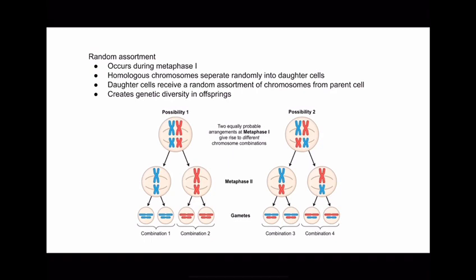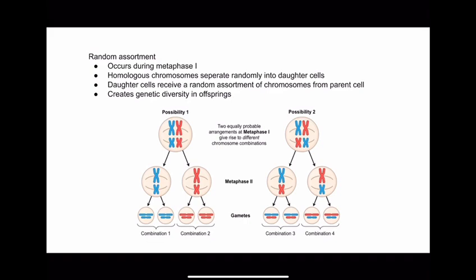Random assortment is a fundamental genetic process that occurs during meiosis. During meiosis, metaphase 1, homologous chromosomes pair up and separate, leading to the creation of haploid cells, which are, of course, gametes, with half the number of chromosomes as the original cell. The process of random assortment occurs during the first meiotic division, where homologous chromosomes randomly segregate into the daughter cells. This means that each daughter cell receives a random assortment of chromosomes from the parent cell, resulting in genetic diversity